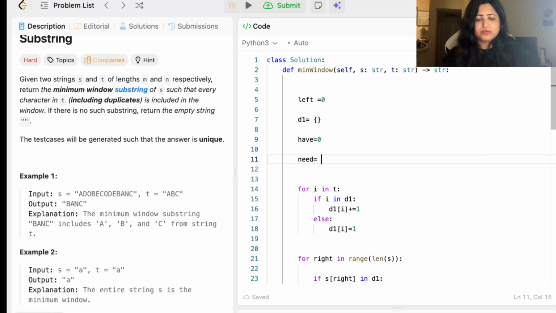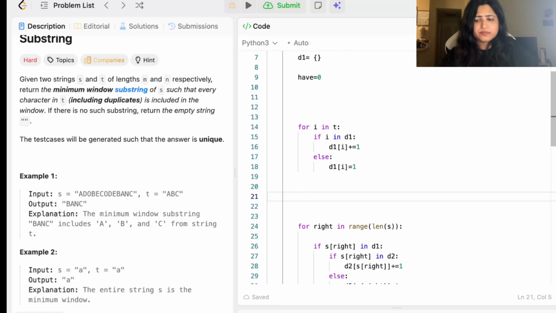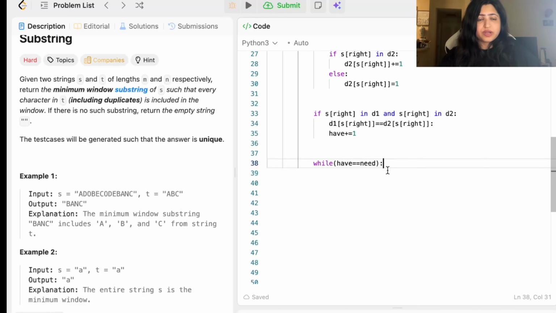So need equal to, no, after your D1 is when you need to initialize it. Okay. So when your have is equal to need, that is a valid window,